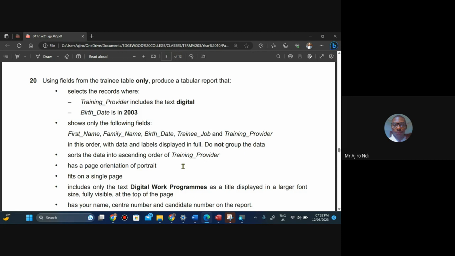Now, one of the errors of students is that when they see this kind of question, the first thing on their mind is creating a report. Now, if you look at the question, it's not wrong. But creating a report will not get you the answer. The first thing you have to do when you are creating a report,